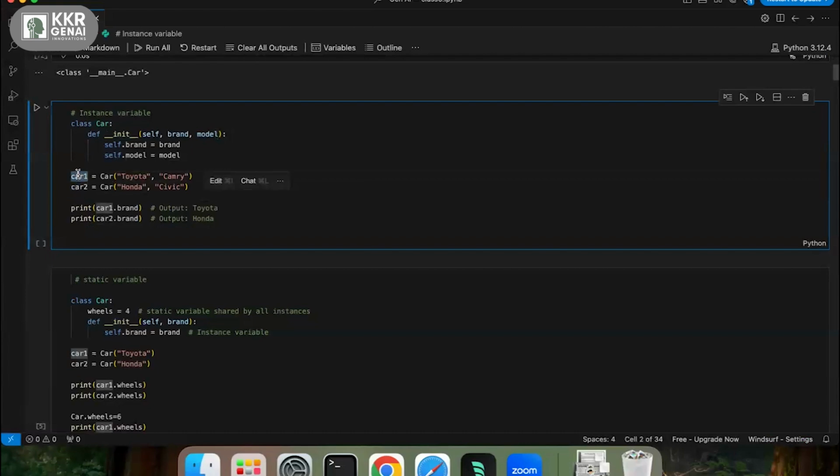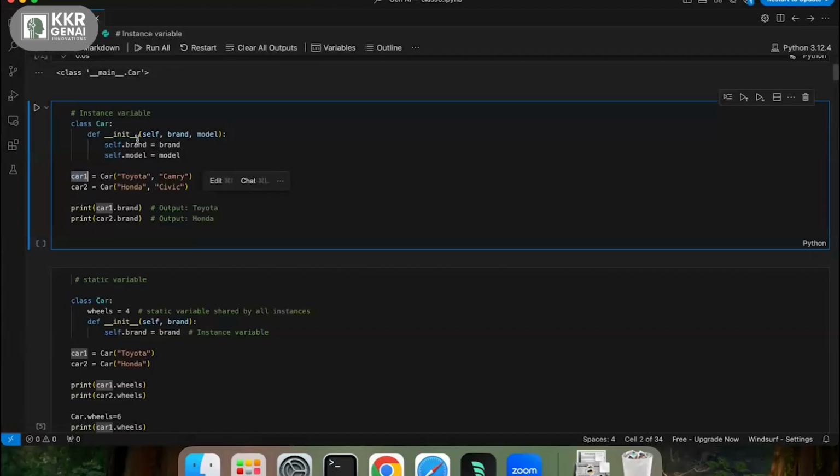For car one, what are the instance variables? For the car one object, I have two instance variables. One is brand, the second one is model. Then I'm assigning Toyota to one object and Honda to the other object.